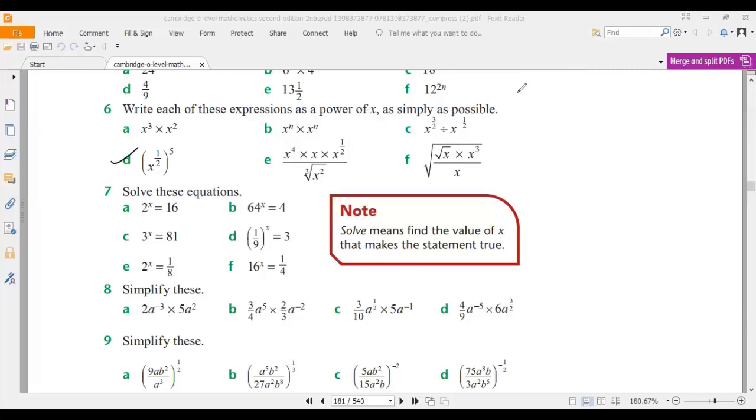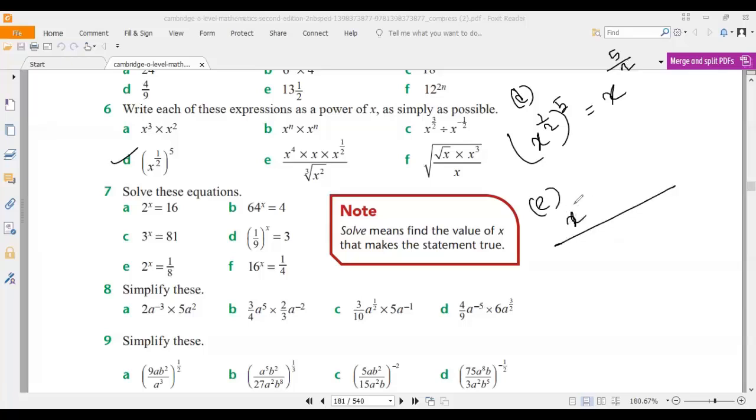Now question number D. Question number D says x to the power 1 by 2, to the power 5. It can be written in that way: x to the power 5 by 2. Okay. Now question number E says x to the power 4 multiplied by x multiplied by x to the power